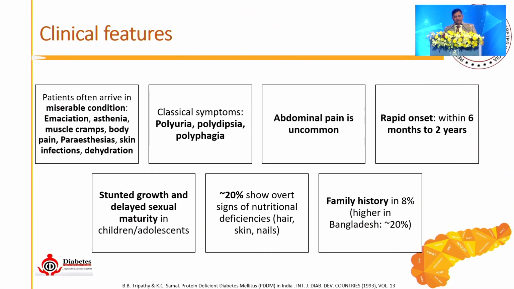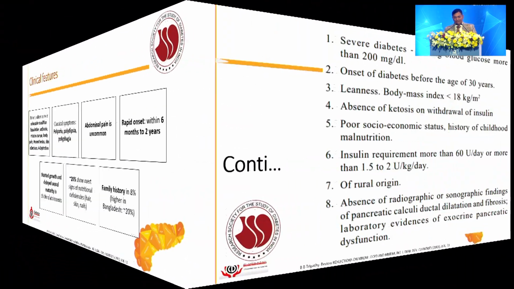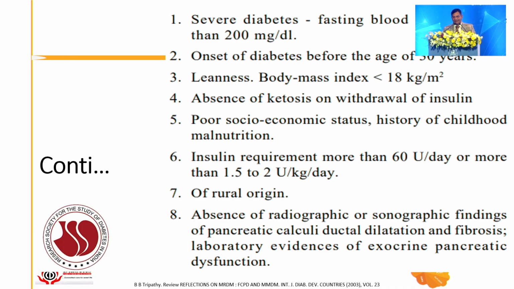And the clinical features, I will not go into detail, but abdominal pain will be rarely there. Again, BMI will be less than 18, there is absence of ketosis on withdrawal of insulin, poor socioeconomic status, and most of them require more than 6 units of insulin per day. Again, important: when you give insulin therapy, admit them, shift them to basal bolus therapy, you will find that they are requiring, in all pancreatic diabetes, as post-pancreatic diabetes or PDDM or even FCPD,